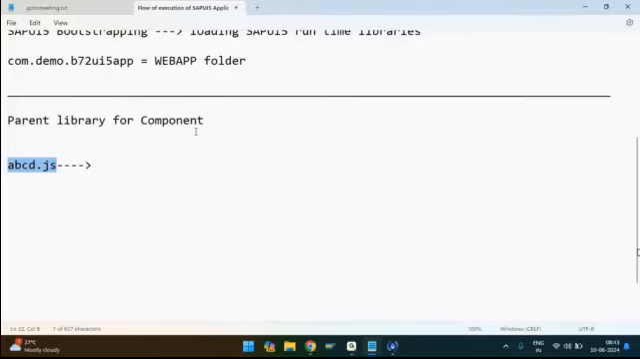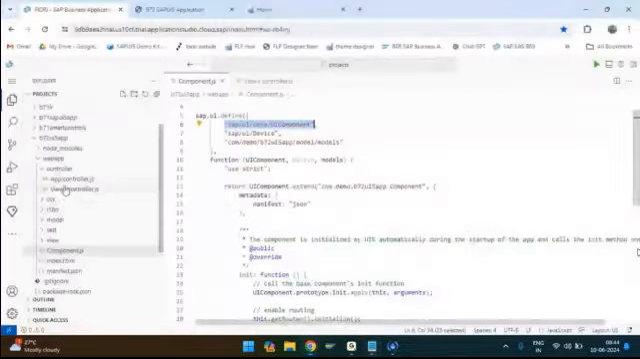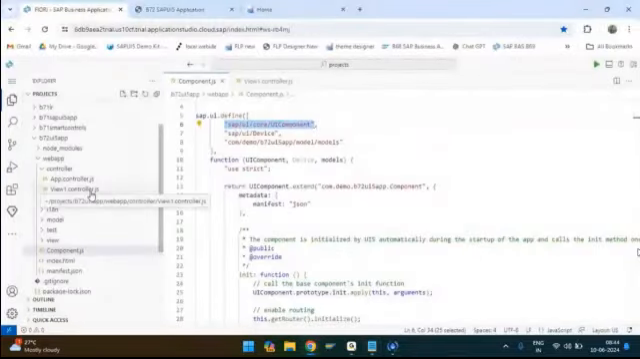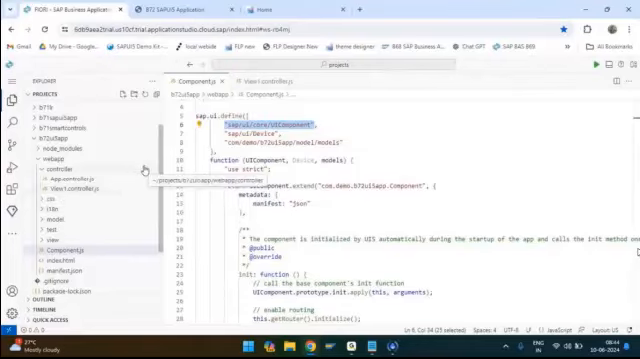Now, what is the difference between the component.js and some abcd.js? This is also a JavaScript file. This is also a JavaScript file. But only component.js acts like a component of the application, but not some other JavaScript file. For that matter, even View1 controller is also a JavaScript file. But why View1 controller cannot act like a component of the application, but why component.js is acting like the component